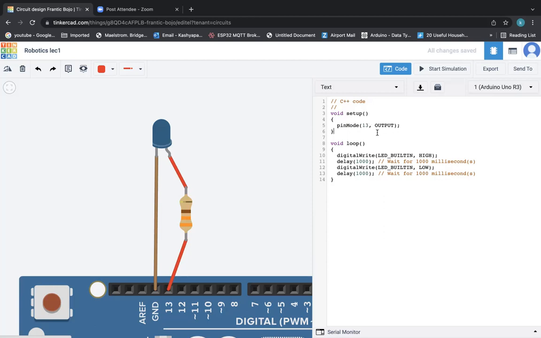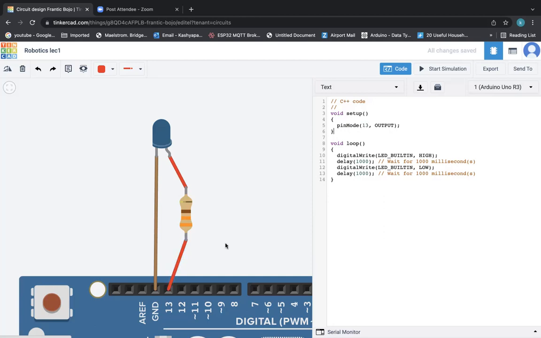color. And then I have this output. Output means give power. Generally the output voltage is 5 volts. Therefore, there will be 5 volts coming from this pin. The only change that I did was I changed this LED built-in to 13, which means I'm representing the 13th pin.